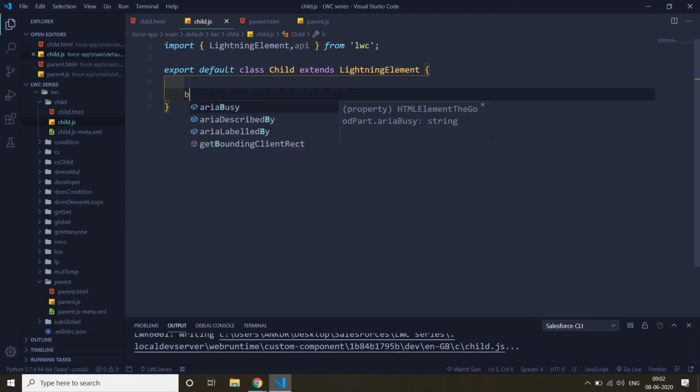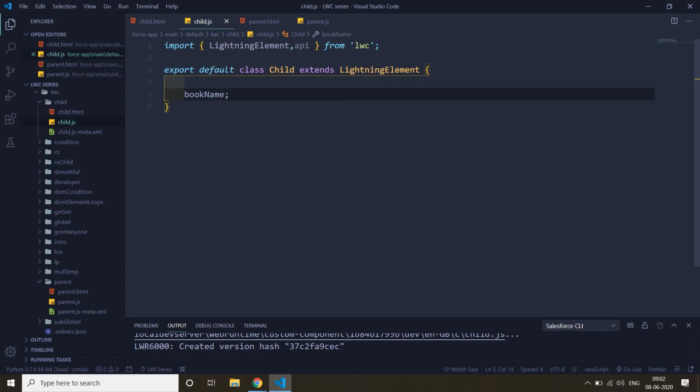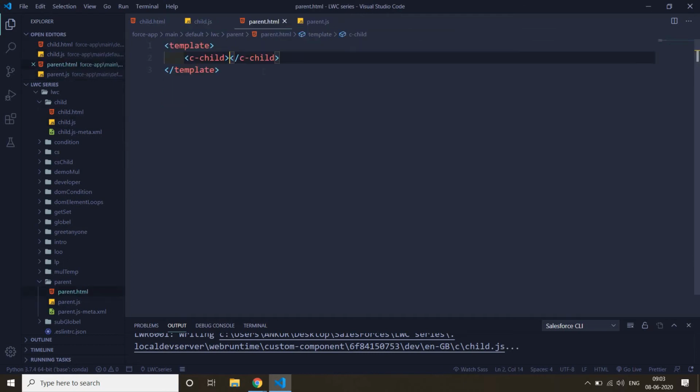So here we make that variable book name. Now we want this book name to come from our parent component, so we need to pass some data.